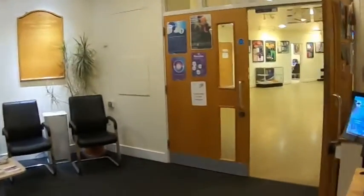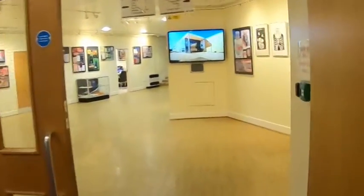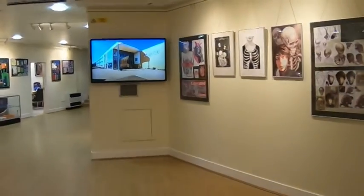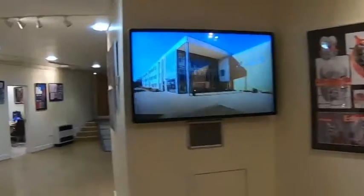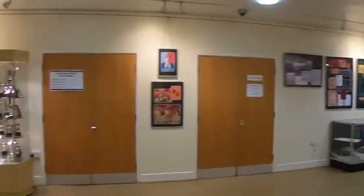So on entry to Knole Academy, we come into our reception where we have our boards for head boy, head girl on the left hand side. You walk into our gallery area, which we use to display student work. Currently we've got year 12 art and graphics work, and from that gallery we're going to go into T2, which